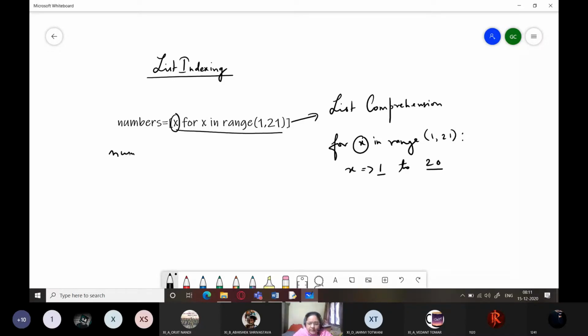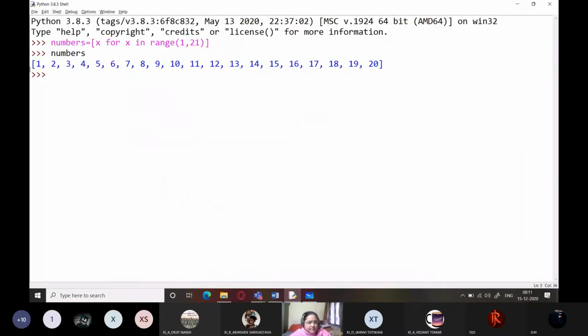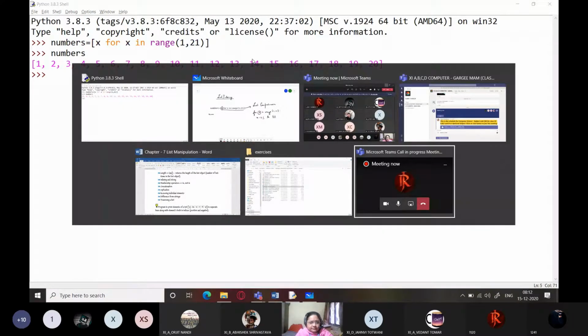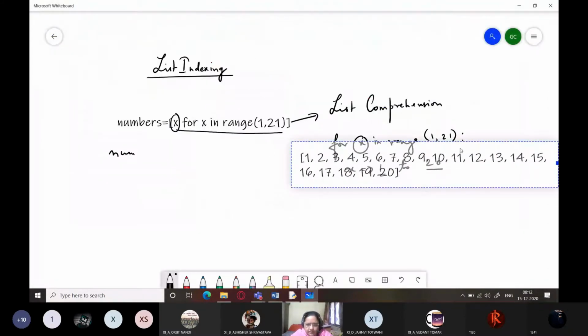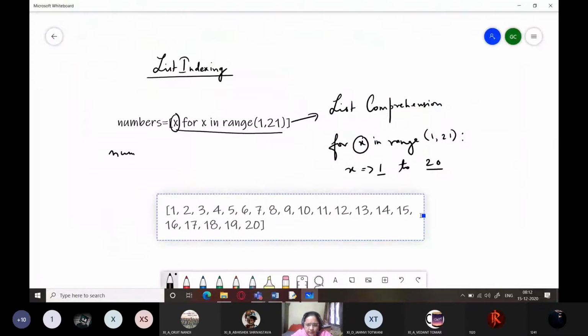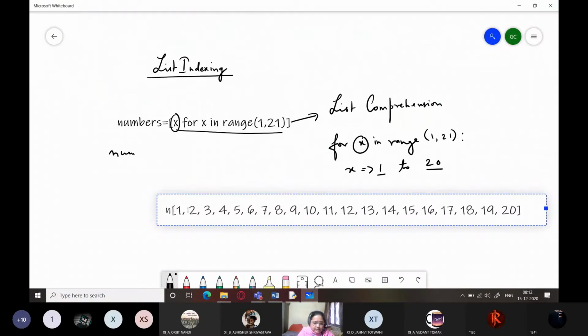When I actually see numbers, it is like this now. So I'm going to copy all these values. These are numbers, you can see it over here.